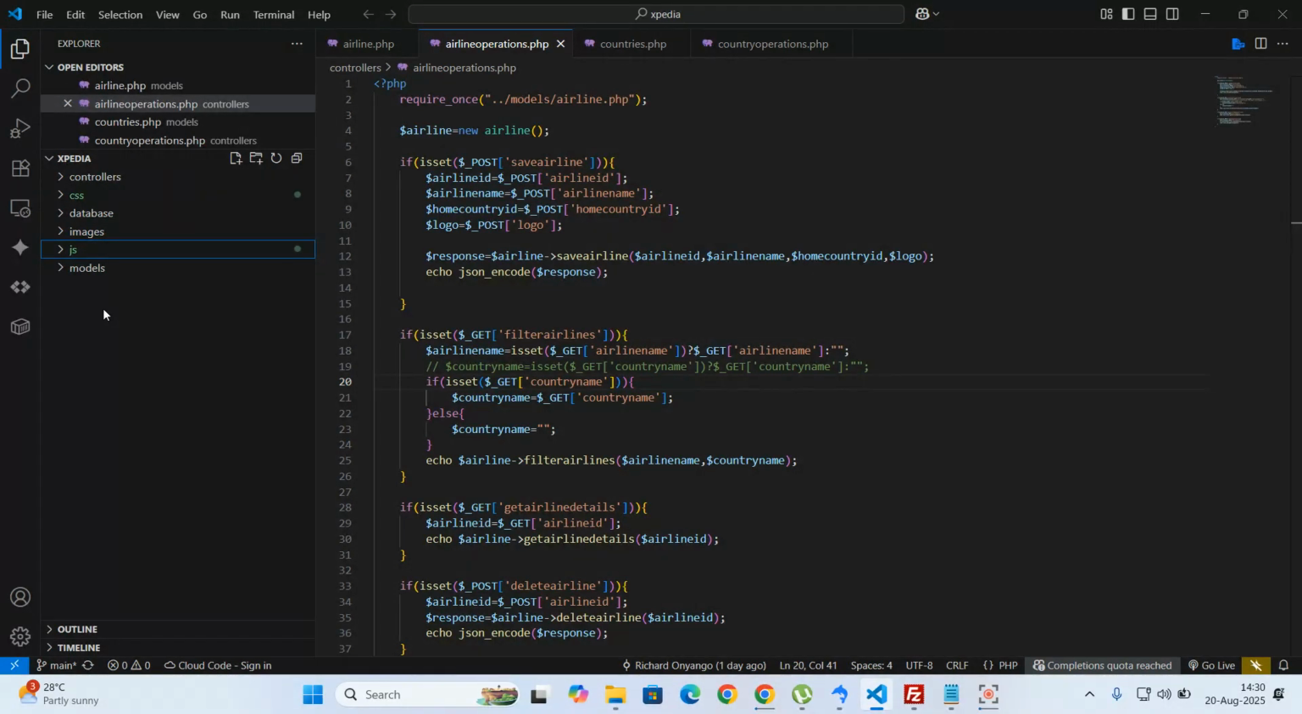But of course, later on in the future, we can decide to place them in an admin folder. Then from the admin folder, we can go ahead and